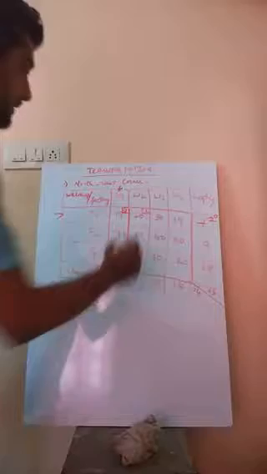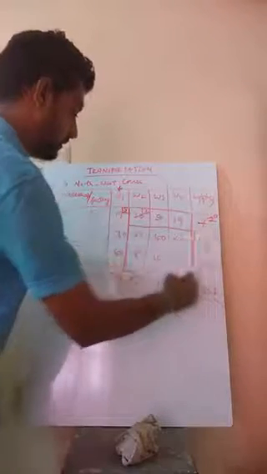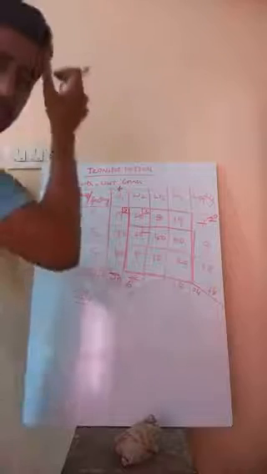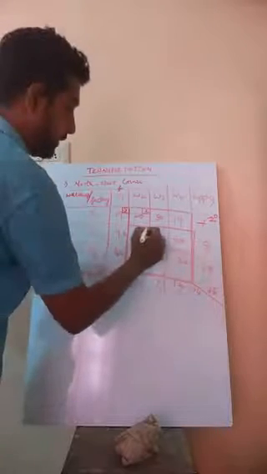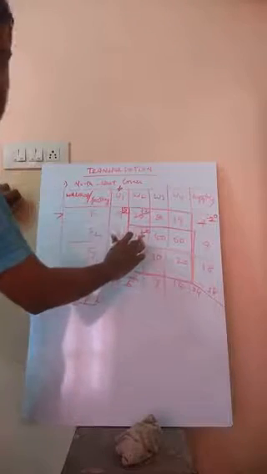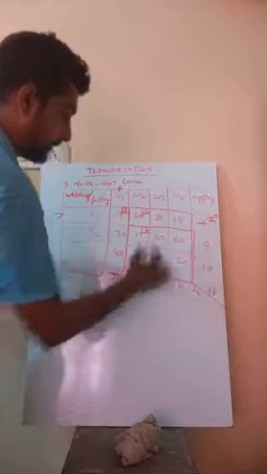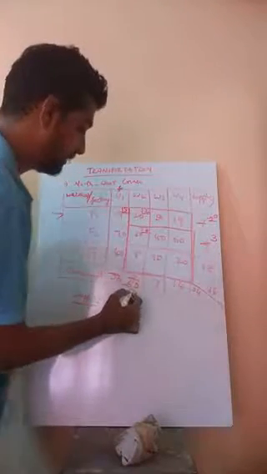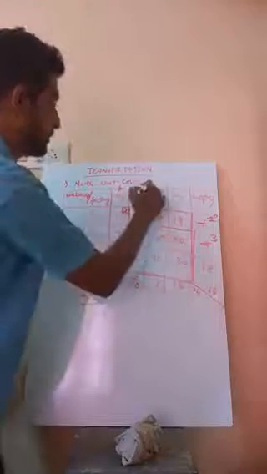Next, we are left with this matrix: 30, 40, 60, 8, 70, 20. Now this is the northwest corner cell, and 6 and 9 are the demand and supply. Here demand is less than supply, so the demand value 6 must be assigned to this cell. Again subtract the allotted value: 9 minus 6 is 3. Demand is 0, so we eliminate this column.